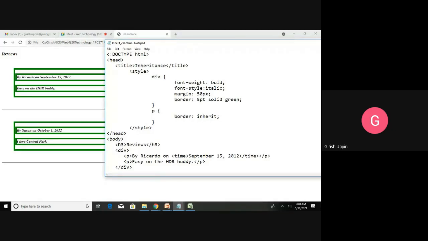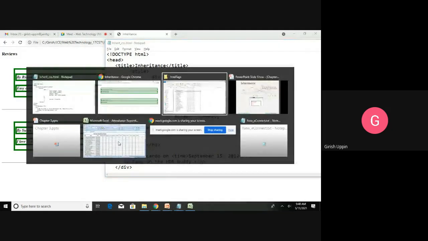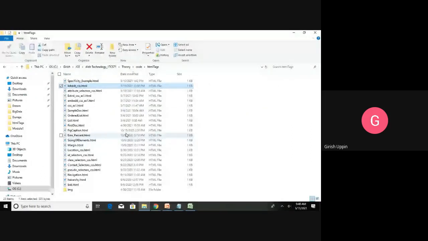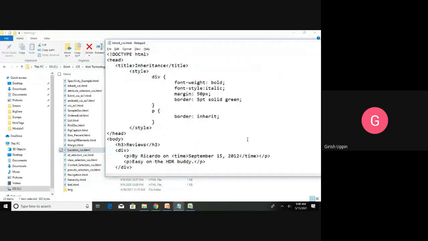Let me see if I have the original example, then we can go to the next level. We will just go through this document.